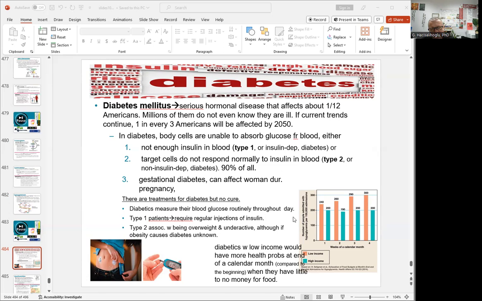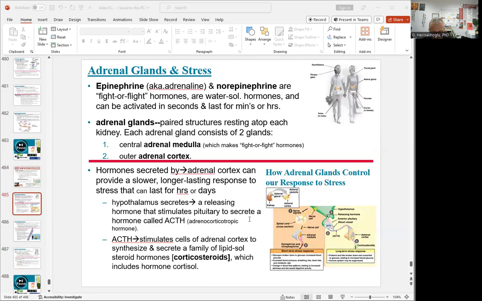Treatments: type 1 patients take insulin directly. Type 2 could be linked to being overweight and underactive. Obesity can possibly cause diabetes. This is just showing you how diabetes requires measuring blood sugar levels daily and taking insulin or other pills to regulate it. So that's the pancreas. The next one is the adrenal glands, and that has something to do with stress, like cortisol, dopamine,